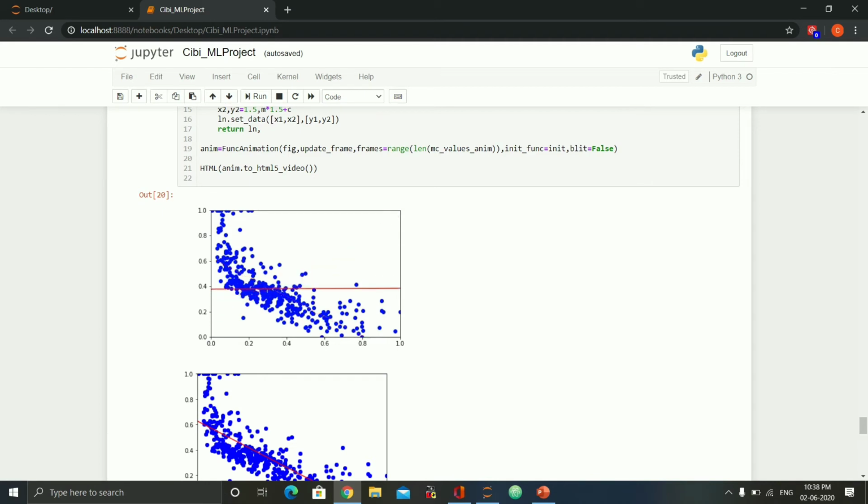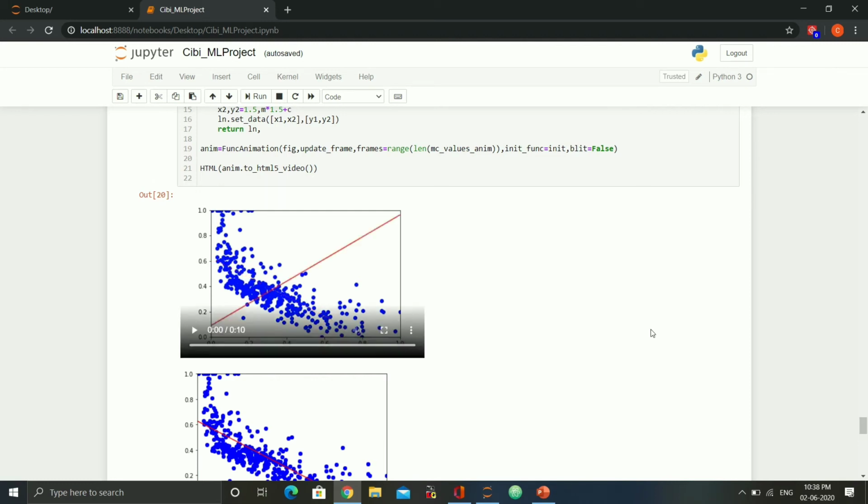You can see in this video that it checks all model ranges, and the regression curve changes according to how m and c change. And now we can get the predicted values using y = mx + c, the standard equation of a line in linear regression, which is this.